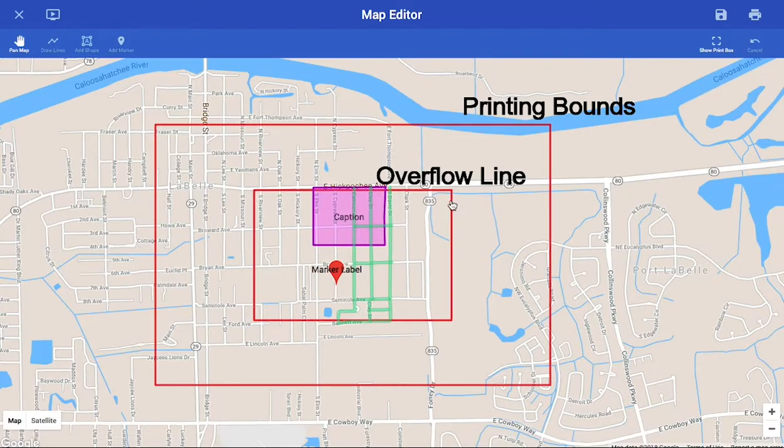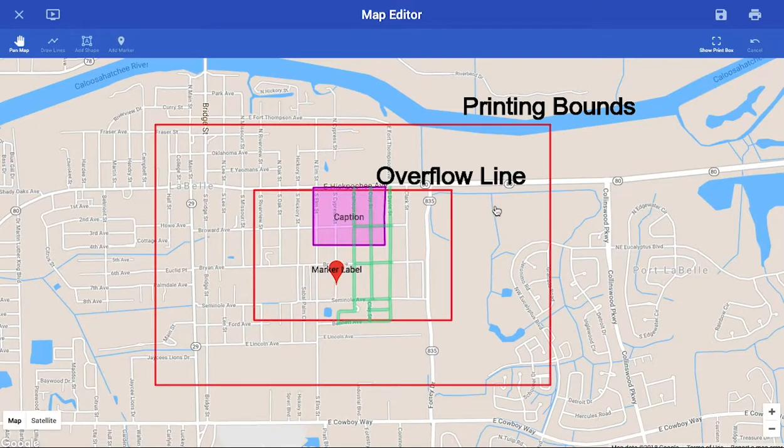So if you look at the overflow line, or actually the printing bounds, when the map prints, it's actually going to be this large. And you're going to have all this dead space here. But if you can fit it inside of the overlay bounds, then it will actually zoom in a lot more. That's just a way that Google Maps' zoom works. There's no in between, it just has zoom out here or zoom in here. So you can see part of these labels or these overlays go outside of that